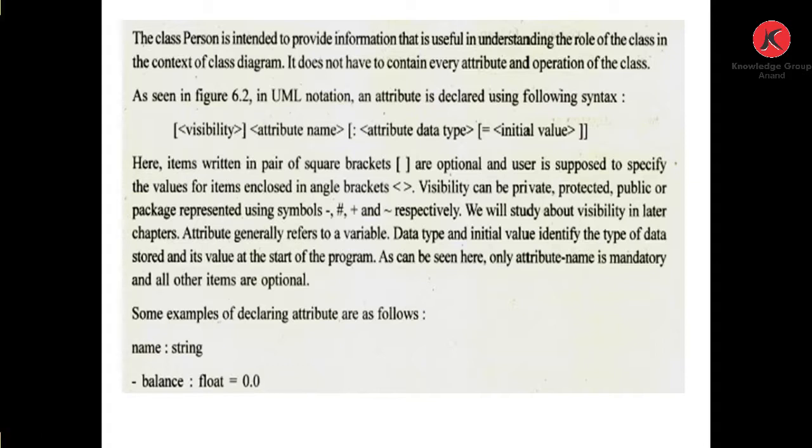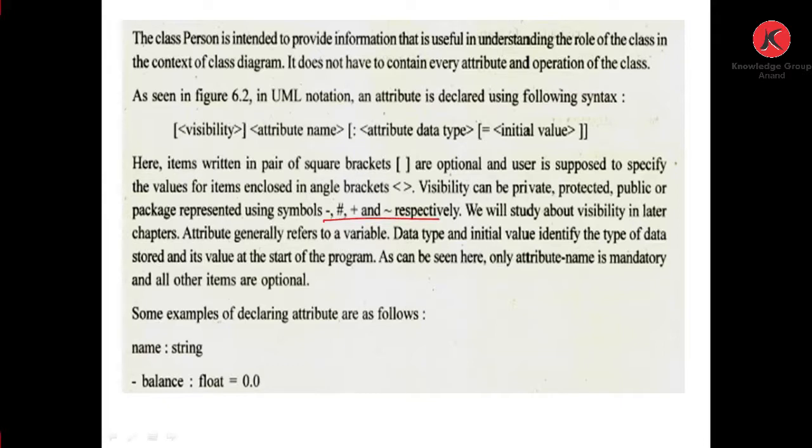Visibility can be private, protected, public or package, represented using the symbols dash, hash, plus and tilde respectively. We will study visibility in a later chapter.